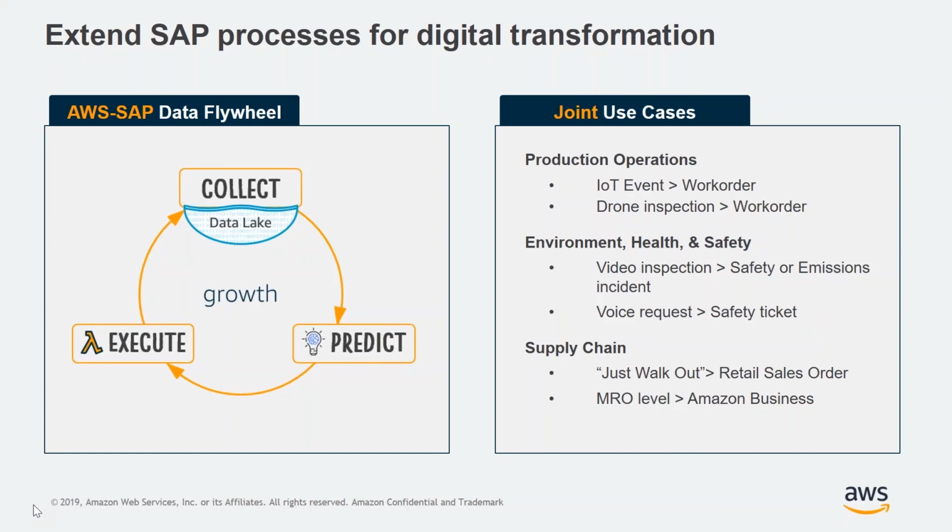And once that data is available in a common repository, then tools like machine learning can be used to analyze that data to predict potential issues before they can occur, and then also to prescribe actions to effectively resolve those issues. And then those actions can be triggered back for execution. AWS Lambdas are serverless functions that can trigger actions through the AWS API gateway. And then they can be executed back either in SAP or in third-party applications to close the loop on that